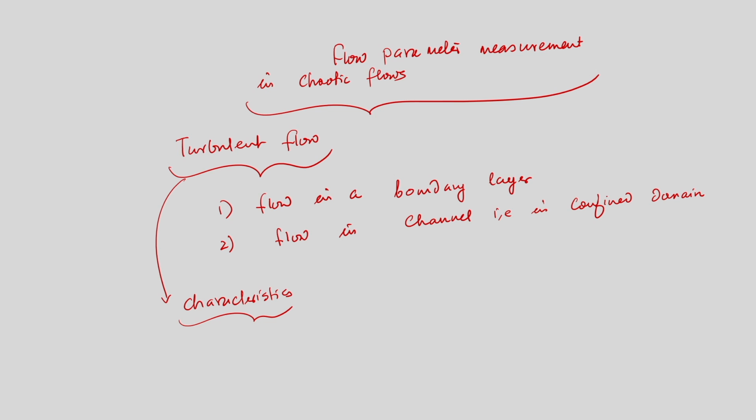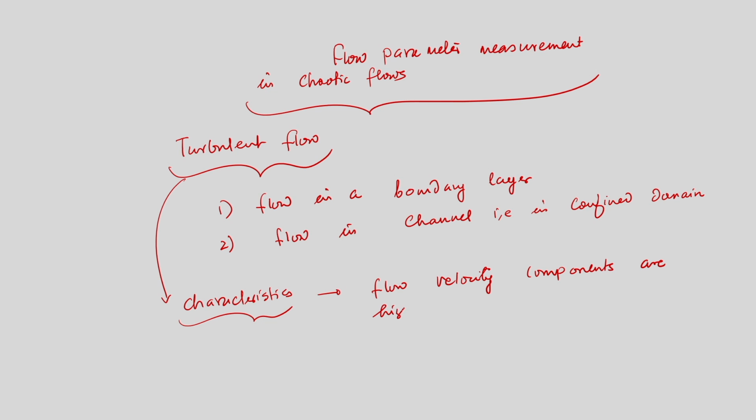Specifically, we have mentioned that the hot wire anemometer and the laser Doppler anemometry can be used. So, in these two cases, that is flow in a boundary layer or flow in a channel in a confined domain, the flow characteristics, typically the flow velocity components,